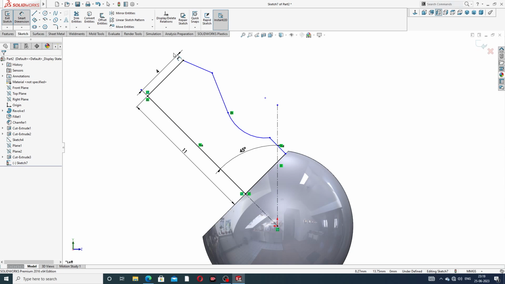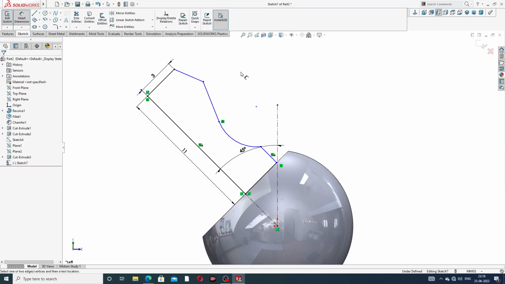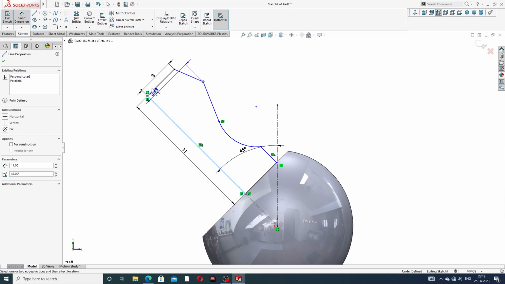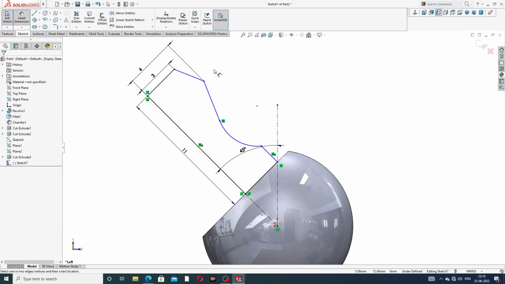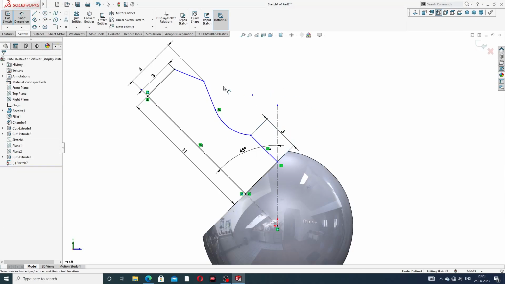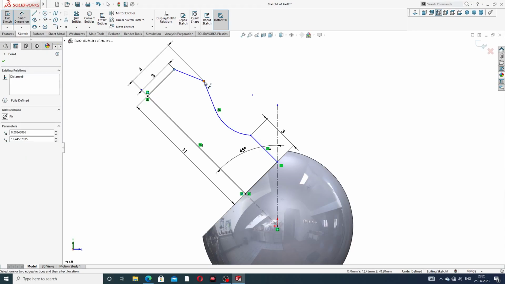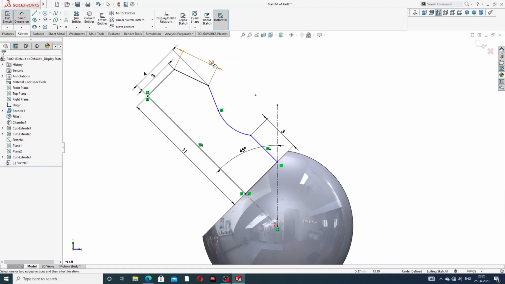Okay, this is a 3, and select this line to this, this is 4 mm. Okay, and again select this line, this is 3 mm, and again select this line to this, 3 mm. Okay,